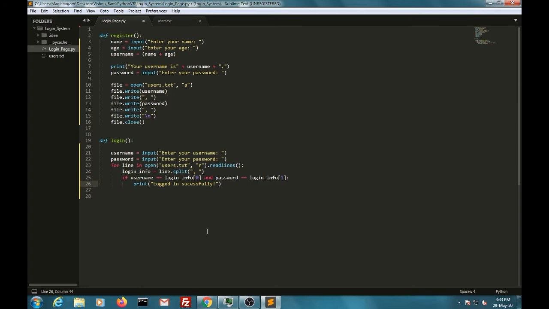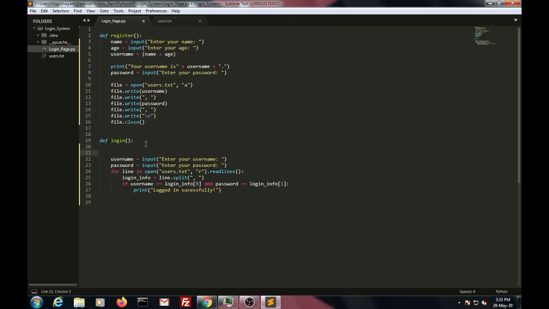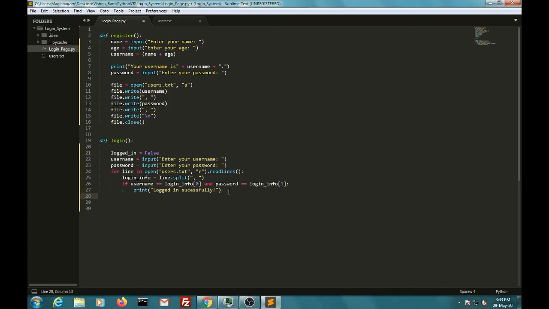So to stop that issue, let's create a variable to check whether the user is logged in or not. Logged in, we'll set it to false because at first the user will not be logged in. So it will print logged in successfully, and it will set logged in equal to true. So next what we need is, if logged in, it will print